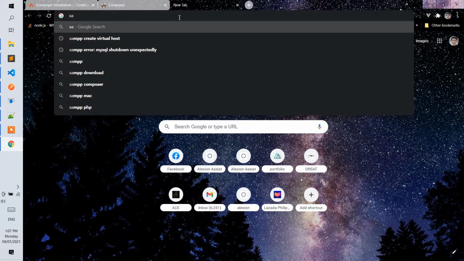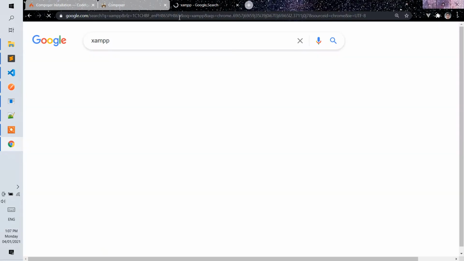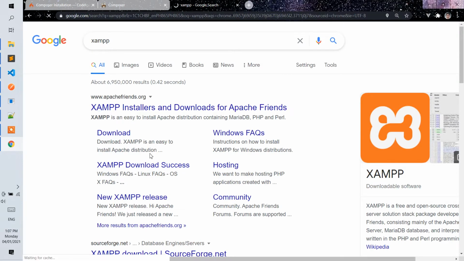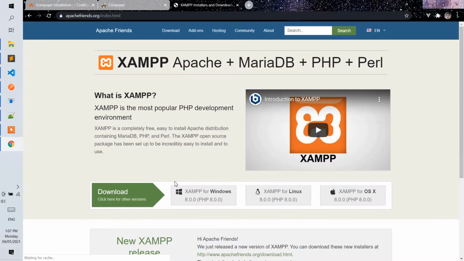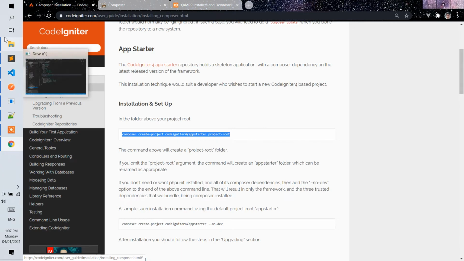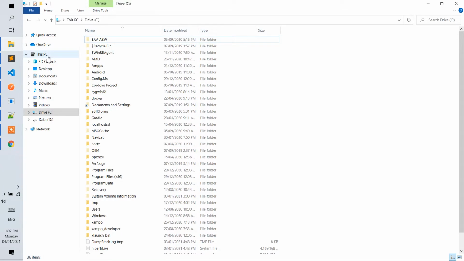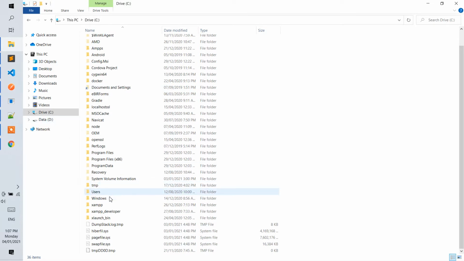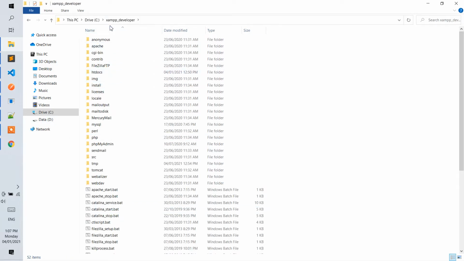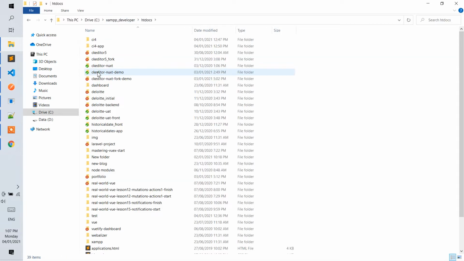XAMPP, wherein you can also download it in their official website here. So right now I'm still using PHP 7. So once you've installed XAMPP, you will have a folder xampp. So mine is just xampp developer. Go to htdocs and then